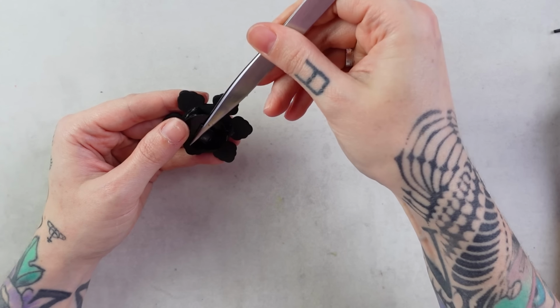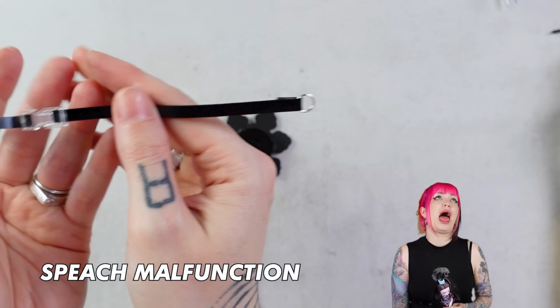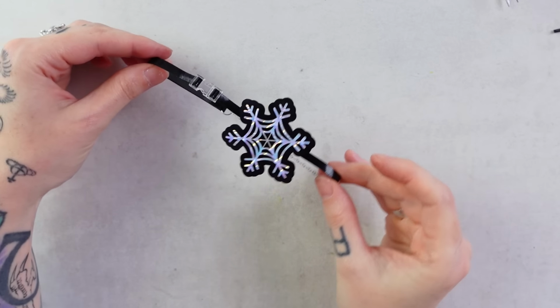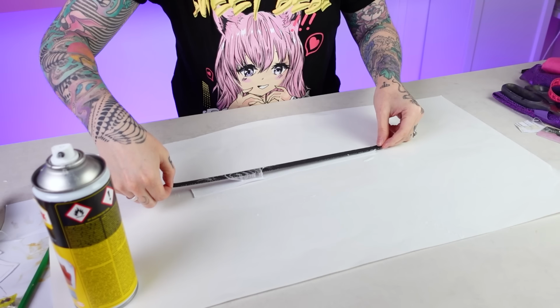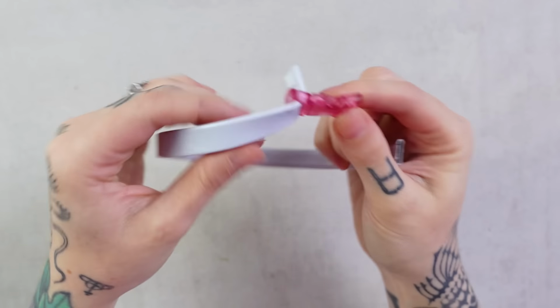As you can see, I prepped the belt with some shiny foam fabric strips and a tiny clear snap buckle, and now just attach the back to it and then finish off the belt with a little chain element. For the white belt, I also made a foam strip and covered it with white fabric in the same way as I did with the black fabric, and then attached this pretty clear pink snap buckle to the